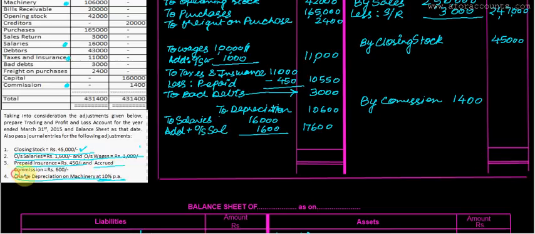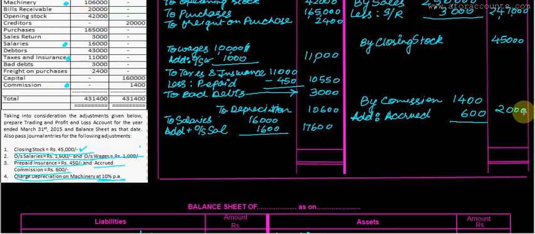Accrued commission of rupees 600. We always add accrued commission. So add accrued. I have earned this accrued commission 600. I have earned this, but I have not received. So actually my earning is not 1400. It is 1400 plus 600. That is 2000. I have to bring it in the outer column, and accrued commission will always be my asset